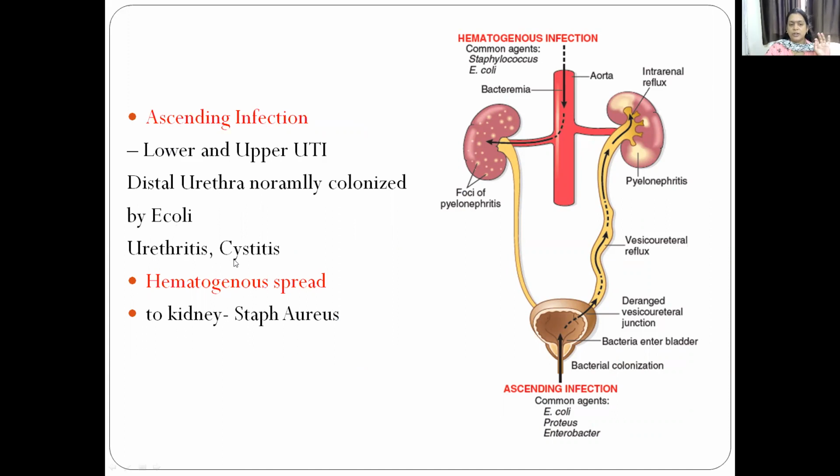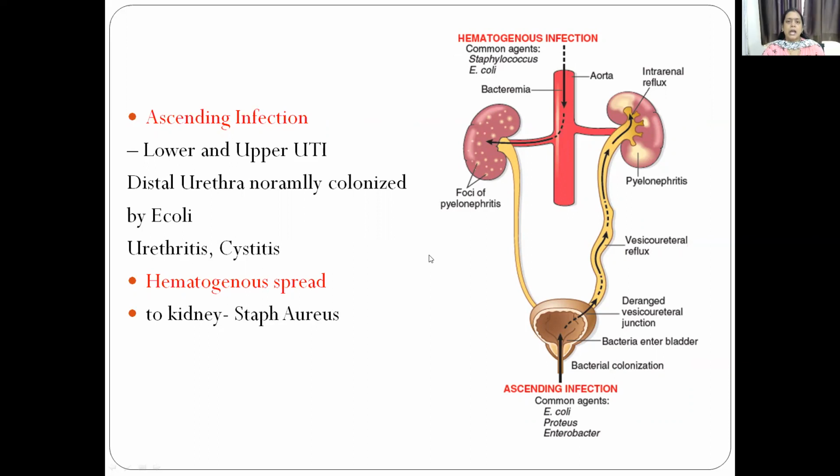So whenever there is urethritis or cystitis, if the person is not immunocompetent and not treated well, the infection can pass into the ureter and then to the kidney. So there can be foci of pyelonephritis here. Okay, the hematogenous spread to the kidney is usually by Staph aureus, but this hematogenous type of acute pyelonephritis is rare. So ascending infection, VUR, and the foci of pyelonephritis because of hematogenous infection, like Staph, are the main pathogenesis